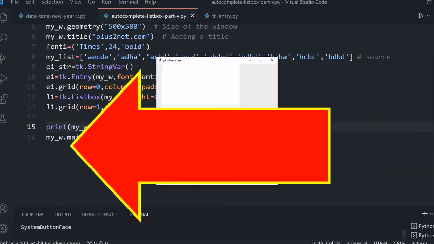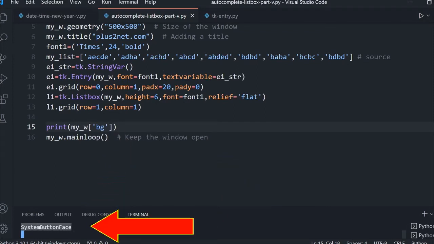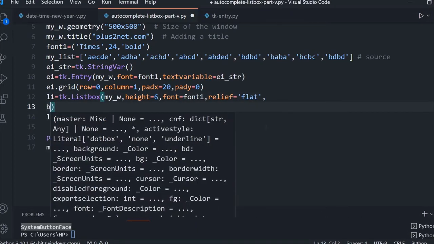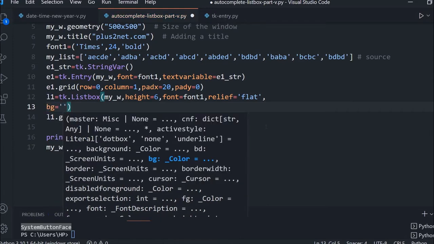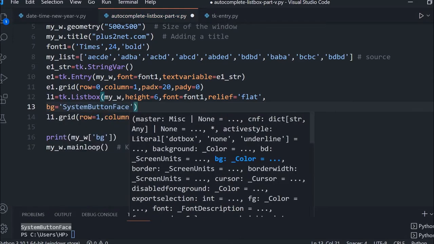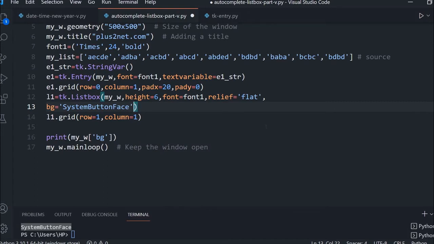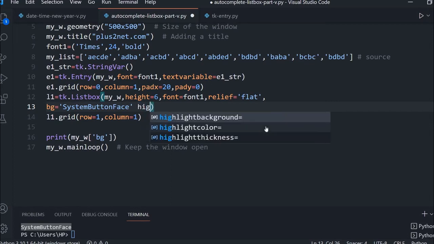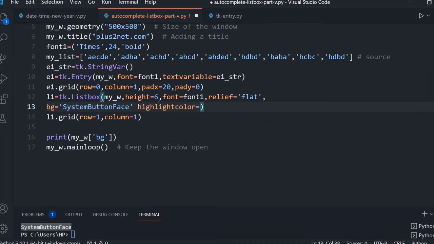See, this was system button face. This is the background it's using. So the same background I will use now. I will add that background now. Going to next line, BG equal to, here I will paste that. So system button face. Or if you are using a different background for the window and want it to appear flush with that, you can use it. One more thing is that highlight color. Highlight color is the border color when it is in focus. That also must be the same because it has to completely merge with the window background. So that is how it is.